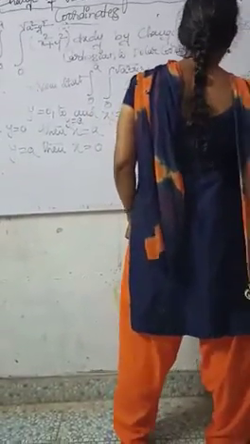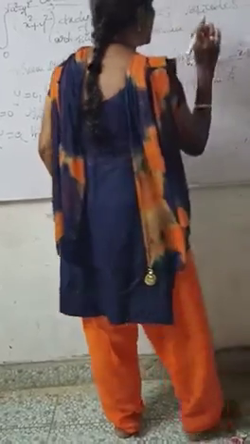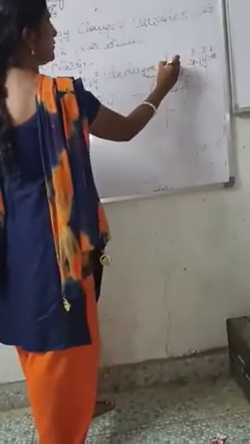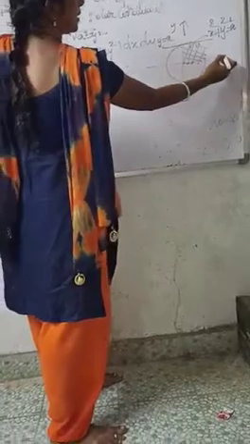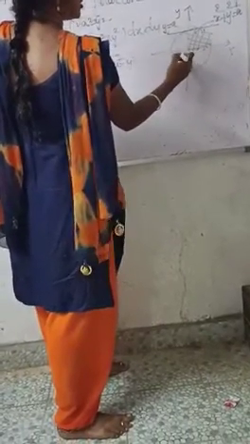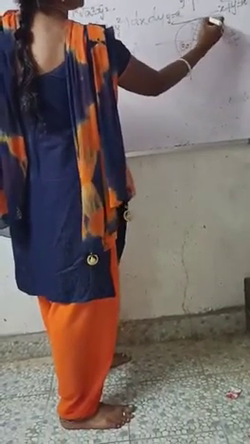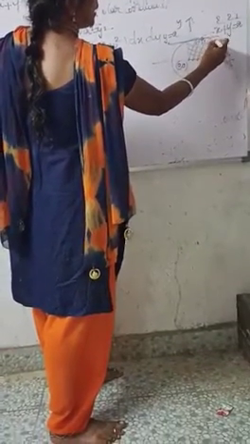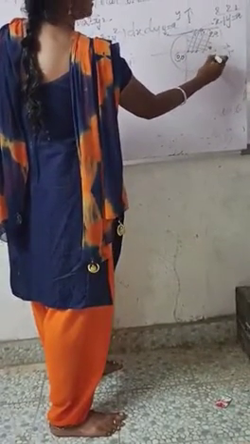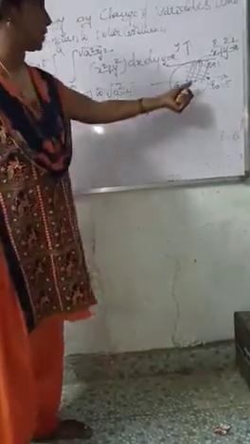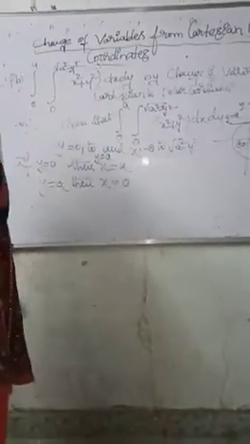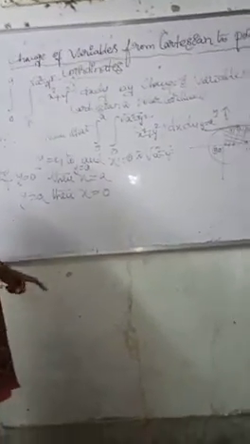Also given is the line y equals a, and this is the y axis and this is the x axis. Here is 0 comma 0, these points are 0 comma a, and here these points are a comma 0. Now we have to find this area by changing variables from Cartesian to polar coordinates.